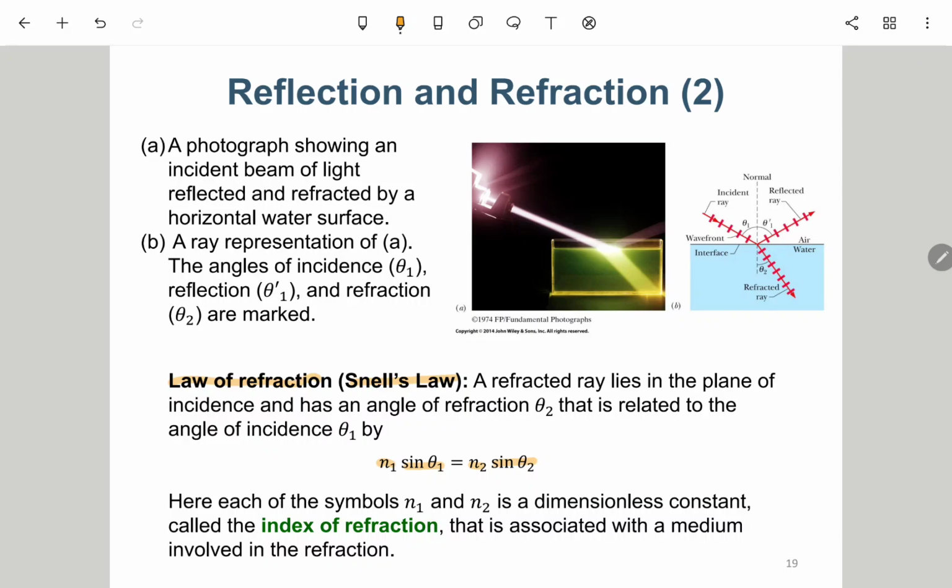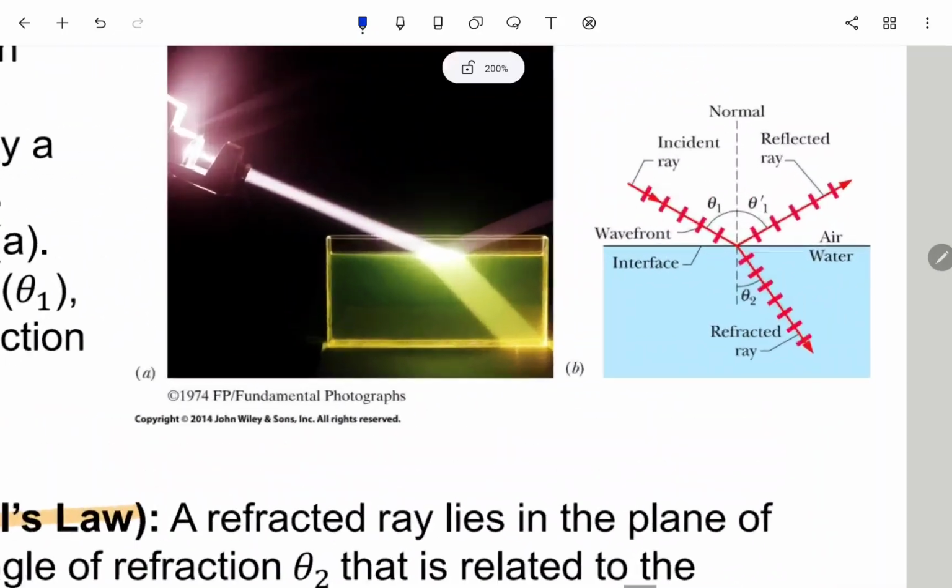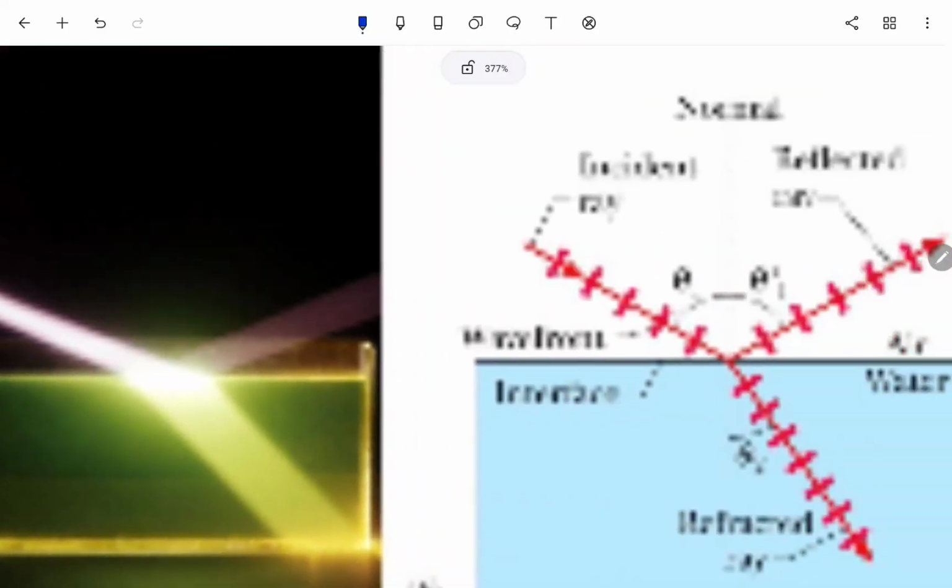What is this constant? I'm not sure, it should be a constant. Okay, so we don't need to care about that constant. That constant is not that important, but the idea here is, of course,